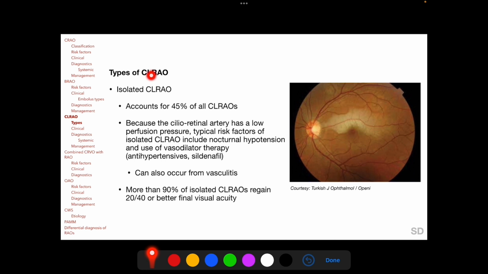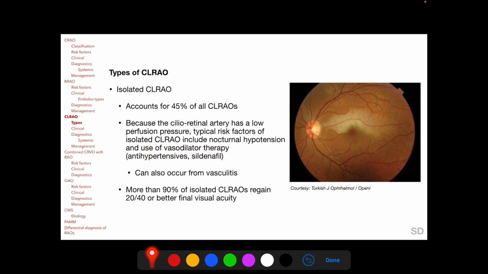Three types of cilioretinal artery occlusion, or CLRAO, have been described: isolated CLRAO, CLRAO associated with central retinal vein occlusion, and CLRAO associated with acute ischemic optic neuropathy. Isolated CLRAO, as seen here in this clinical photograph, accounts for 45% of all CLRAOs, and as we have mentioned, the typical risk factors of isolated CLRAO include nocturnal hypotension and the use of vasodilator therapy such as antihypertensives and